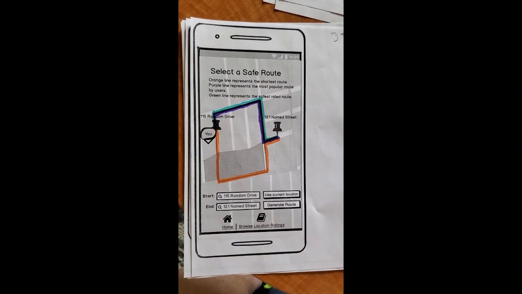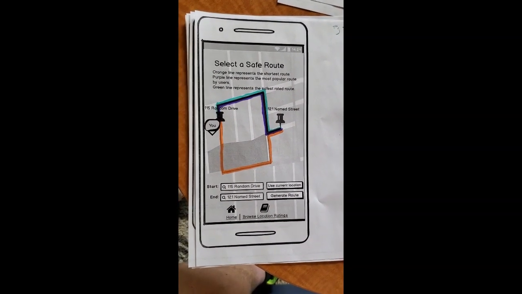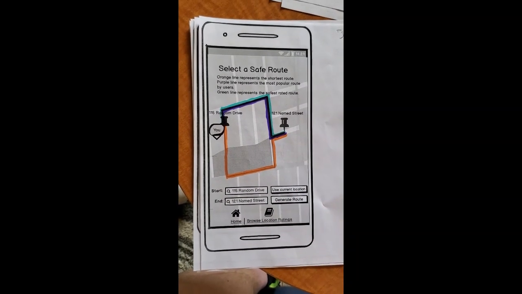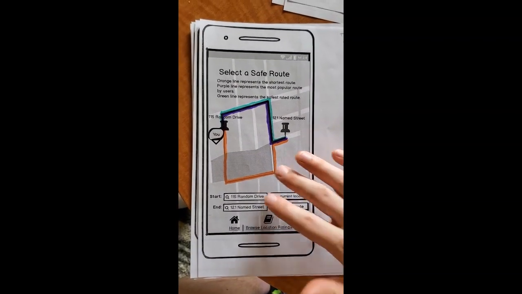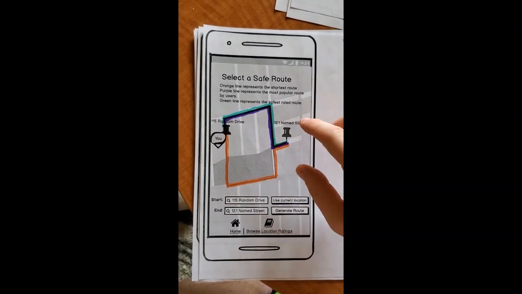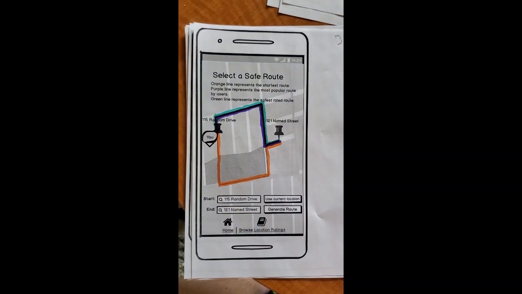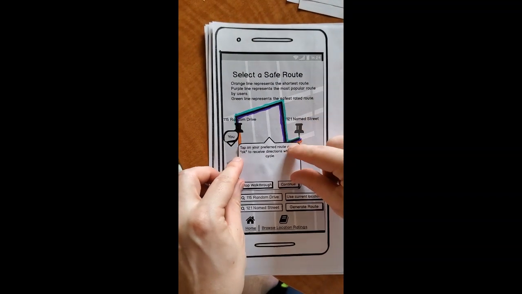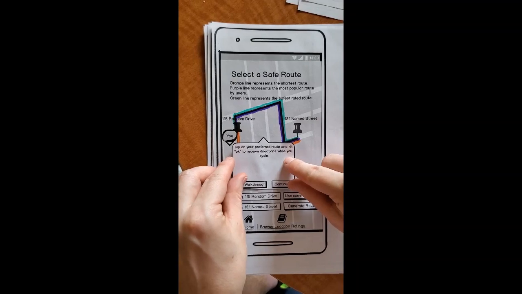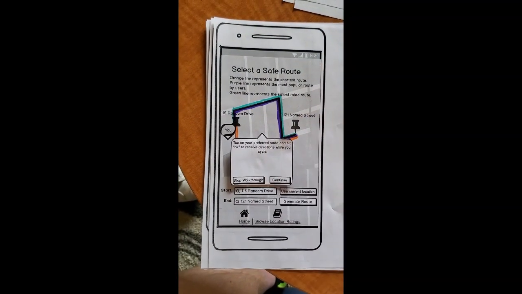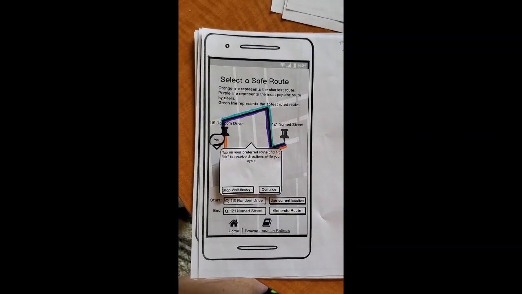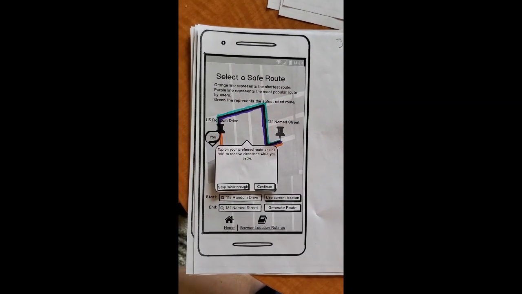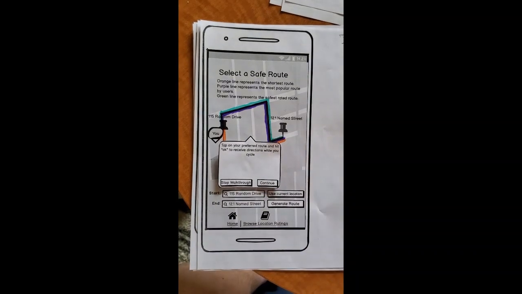And we would have our generated routes suggested using the information we would have to show one route, which would be the shortest, highlighted in orange, one route, which would be the most popular, highlighted in purple, and our safest route, highlighted in green. And all of that information would be shared in this walkthrough with the text bubble noting that you can, in fact, normally click directly on a route. So, continuing our walkthrough,